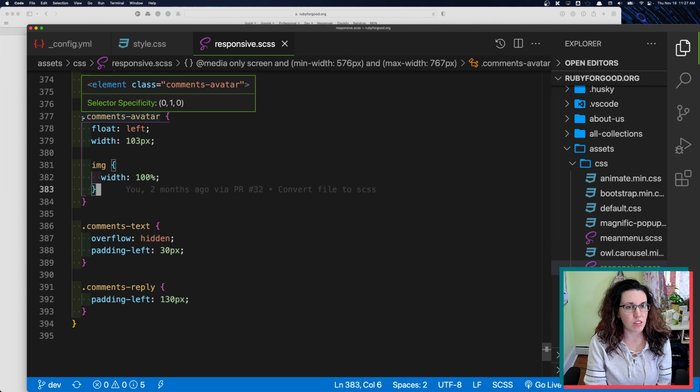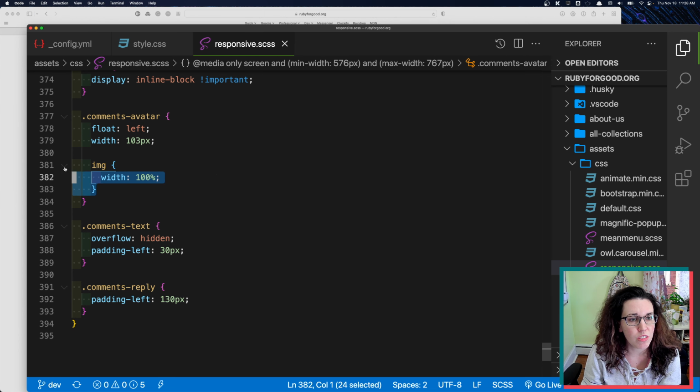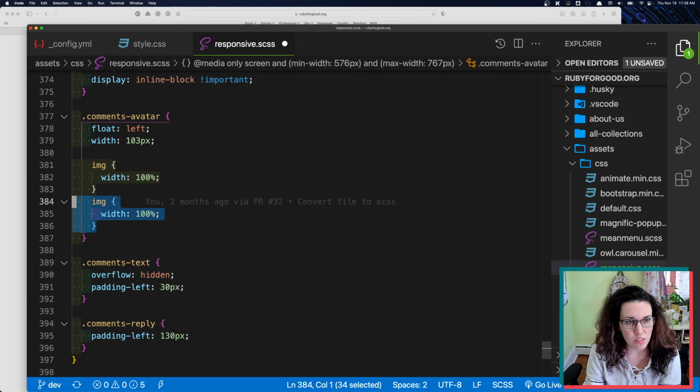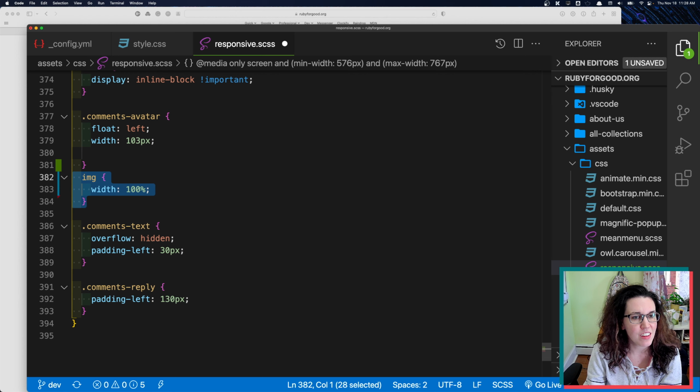This has this property float left with a width of 103 pixels. But then when there's the image nested inside, the width is 100. So if this was, oh, shoot, no. If this was plain CSS, it would look like